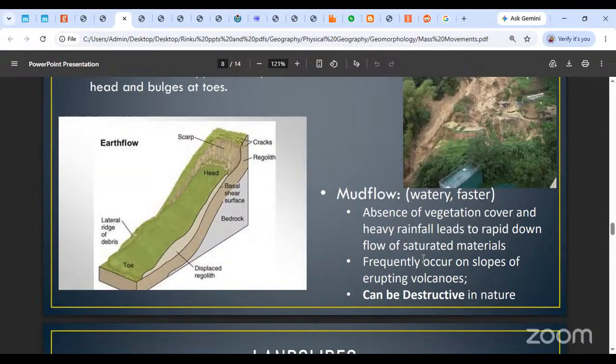Then it rains. There is heavy precipitation, especially in the equatorial region. The place I'm talking about is Indonesia. There was heavy rainfall, and because of that, all that volcanic material that was sitting there freely started moving downslope. That is called a lahar, and that can be pretty destructive in nature. It can happen during an earthquake, during a volcanic eruption, or after a volcanic eruption. Both ways work, but mud flows can be scary that way.